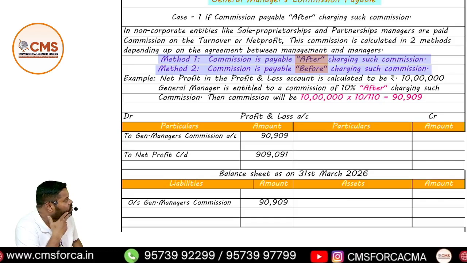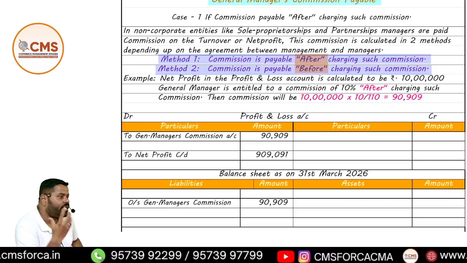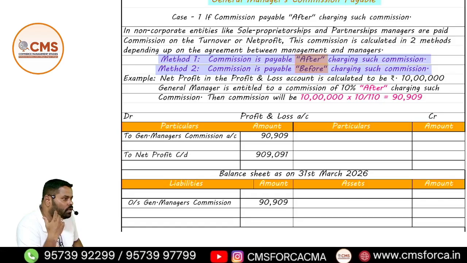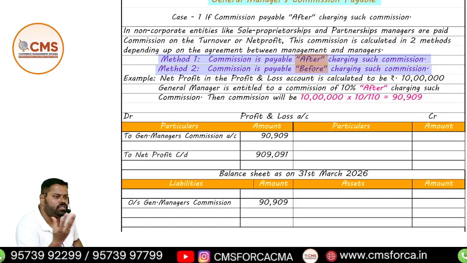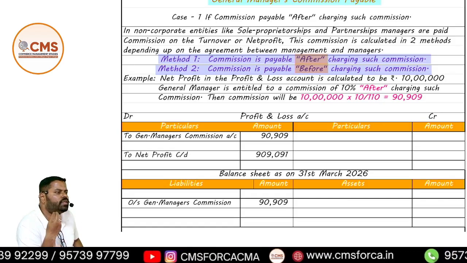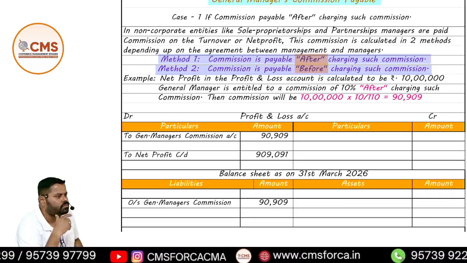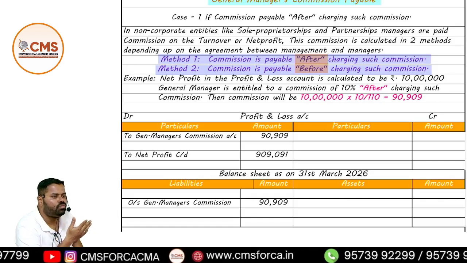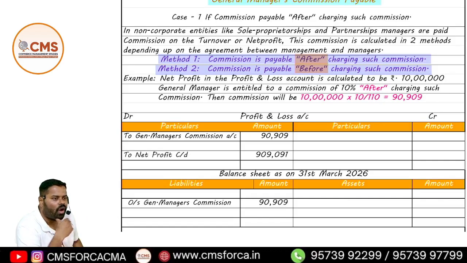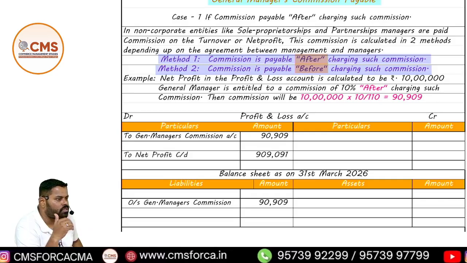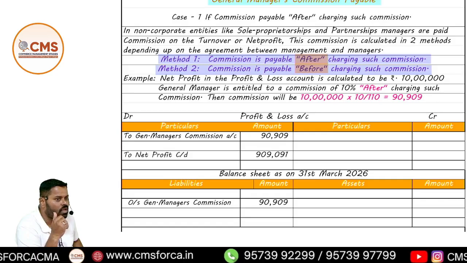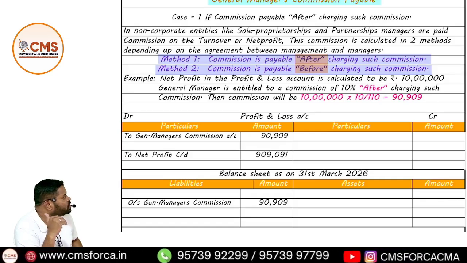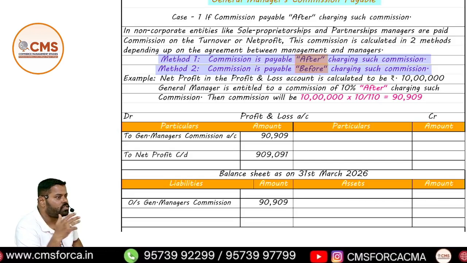Then suddenly someone told him that you should find someone who is very good at marketing, MBA marketing people, or you appoint a person as general manager and give him the responsibility of developing the business. Obviously, a general manager will do only his regular work. Why will he do the additional work of developing the business, improving sales, going to customers, convincing them and all that? So in order to encourage him,